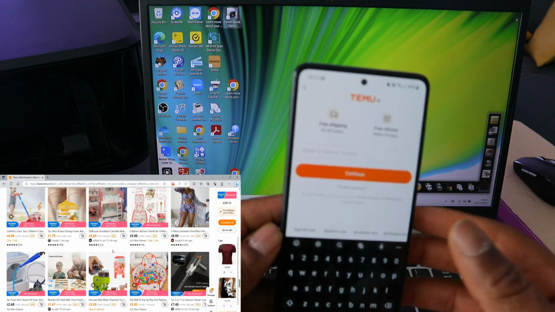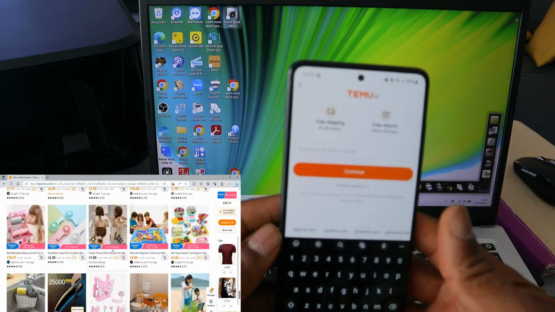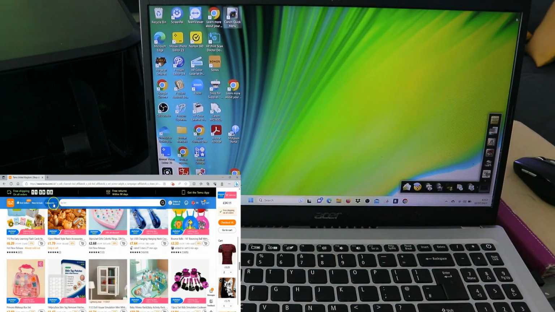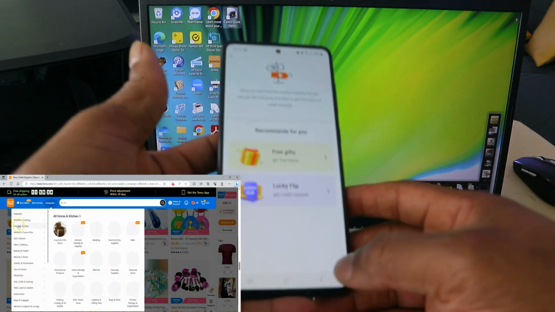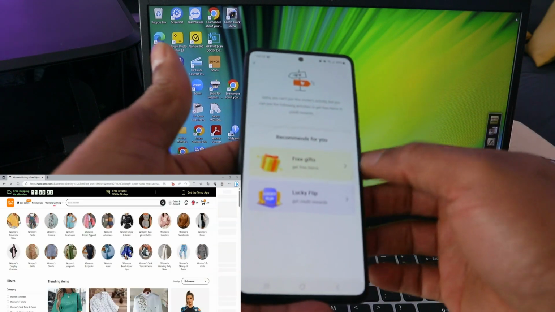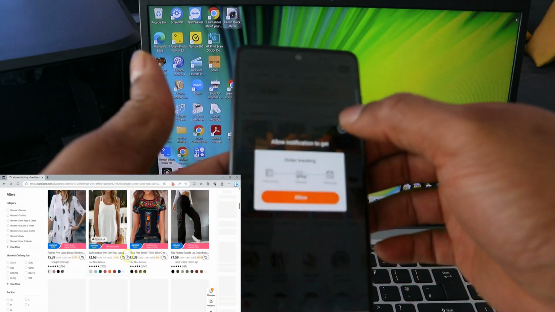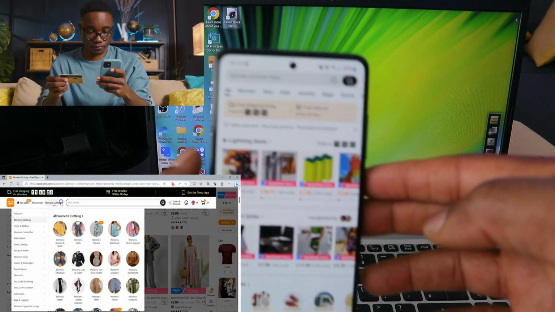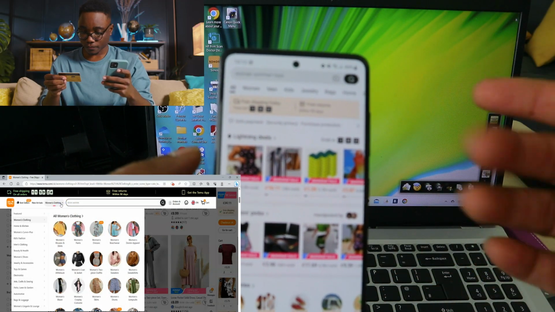Okay, then the next thing to do is you put your email address or telephone number. Then you continue. So I'm going to put my email address. So once you put your email address, the next thing to do is you need to go. Okay, this is the Temu app. And the way this works, if you look on top,